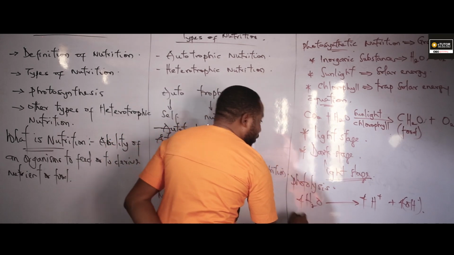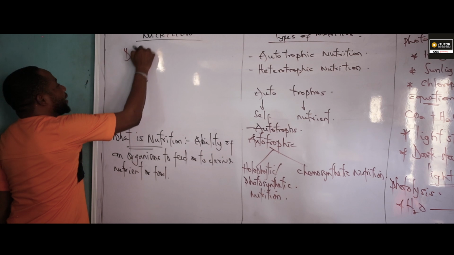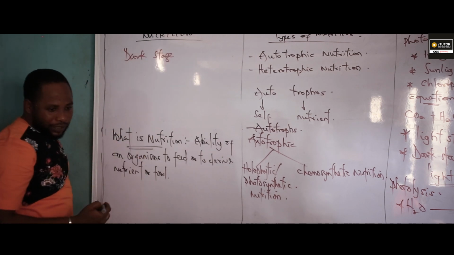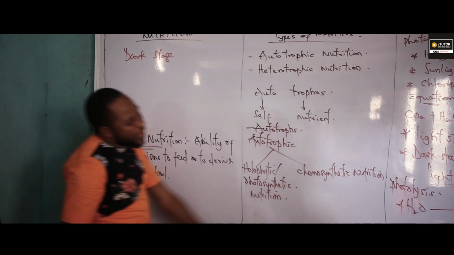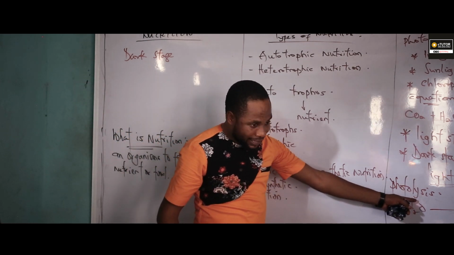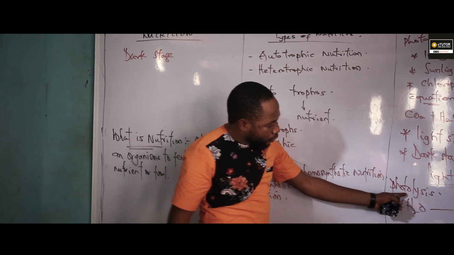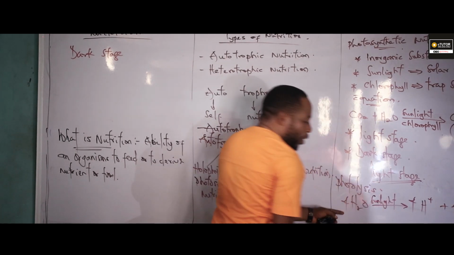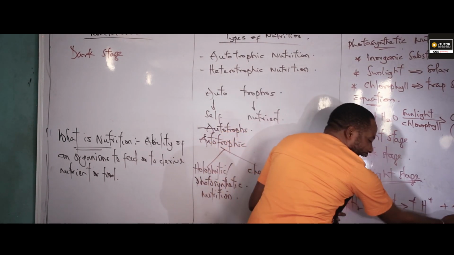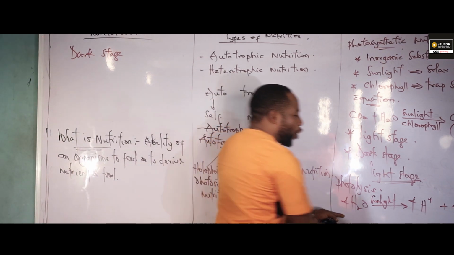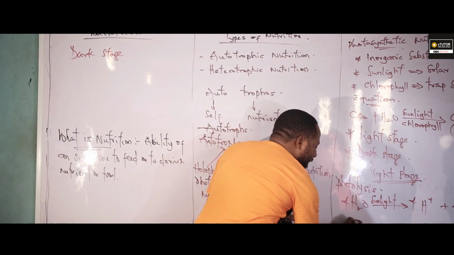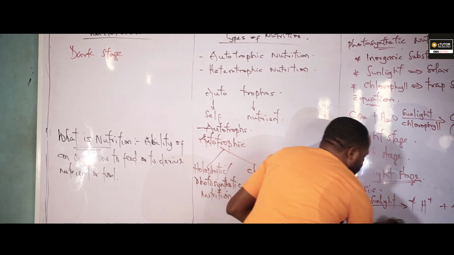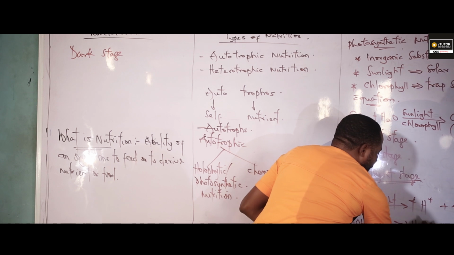So the light reaction occurs during the day, and the dark stage occurs in the night, in the absence of sunlight. So after photosynthesis has taken place during the day, the sunlight will split the water molecule into hydrogen ion and hydroxide ion. The hydroxide ion will undergo further reaction to form 2 molecules of water and